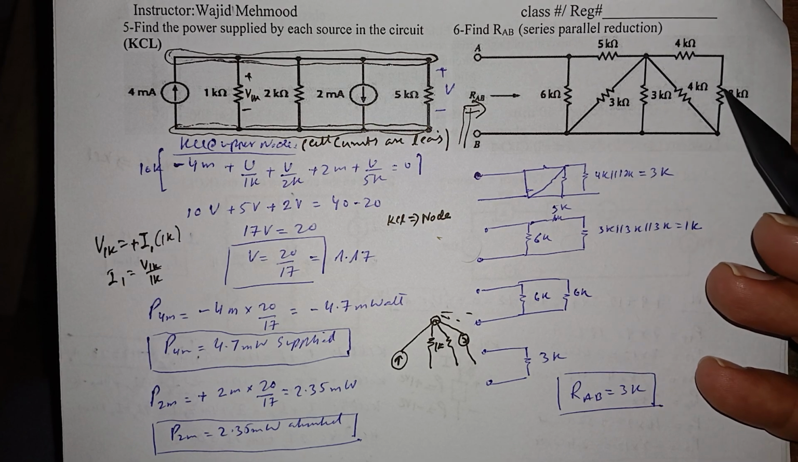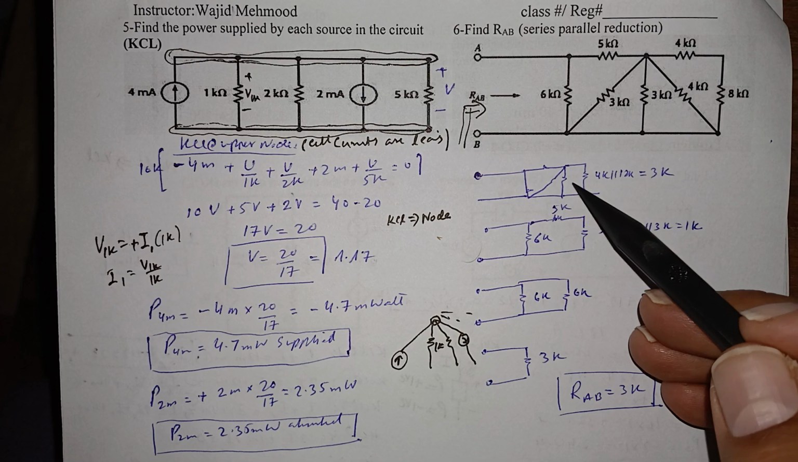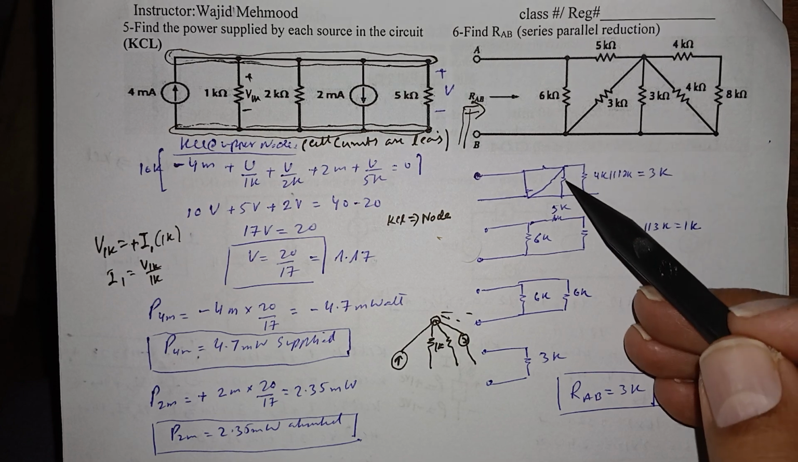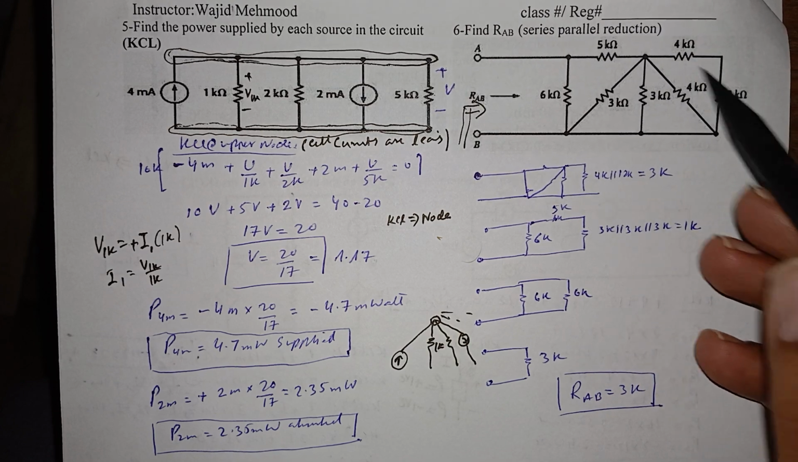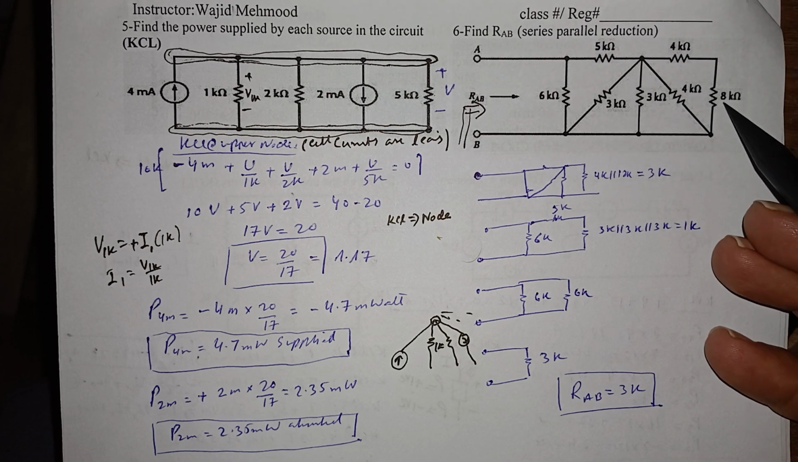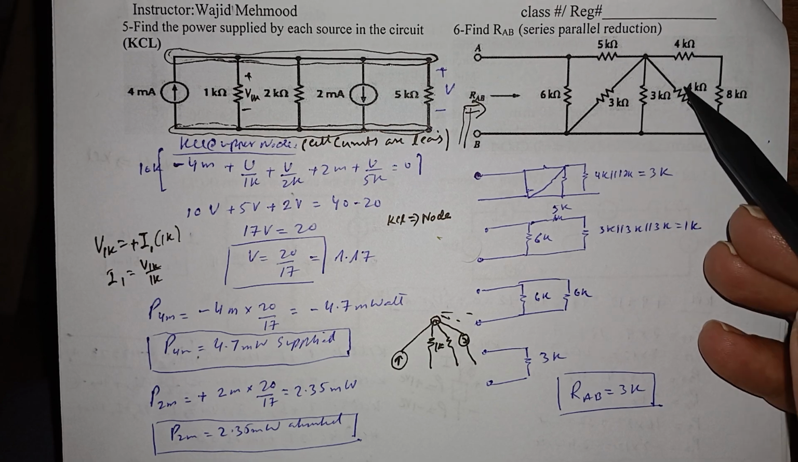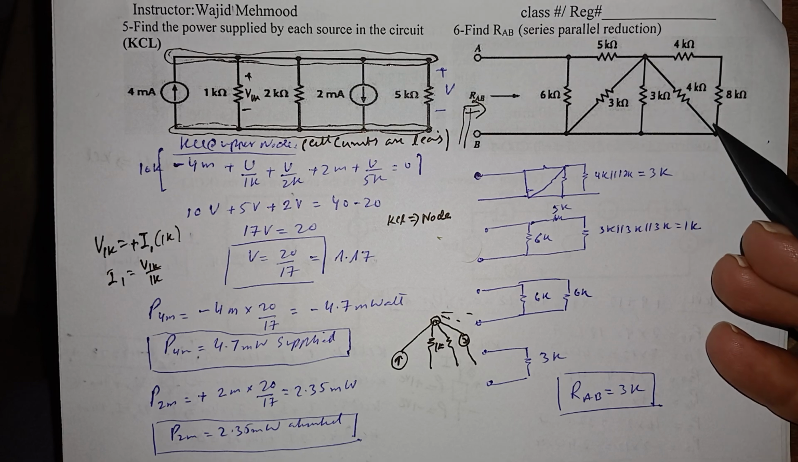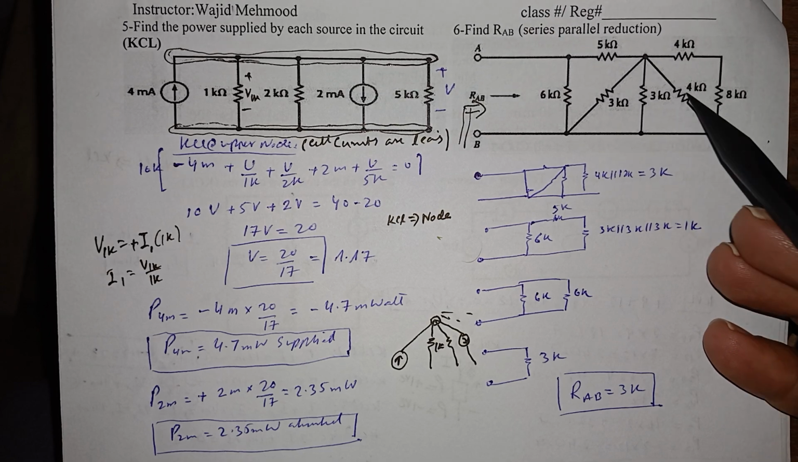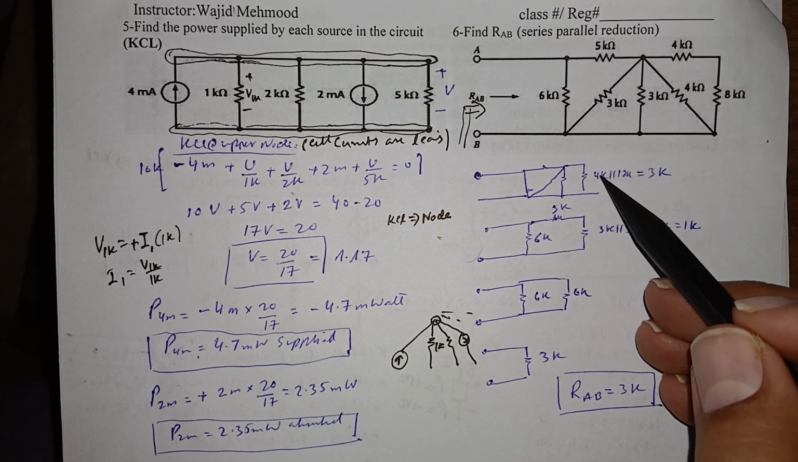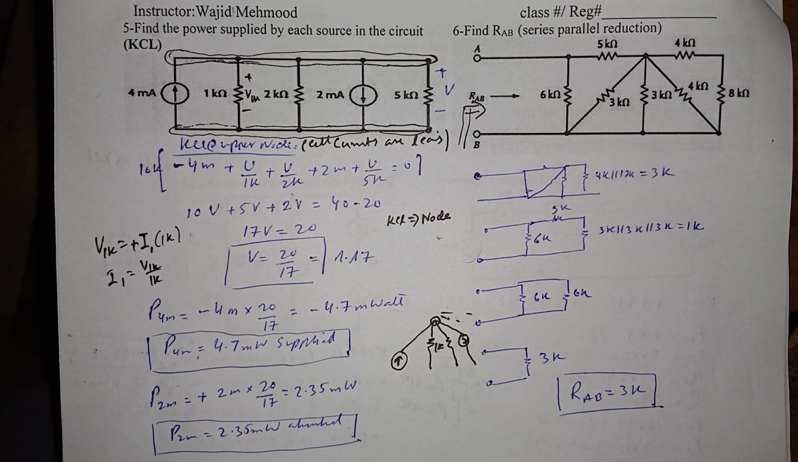8 plus 4 is 12, and 12 is in parallel with 4. So this 3K is in the straight one, and this is done in one step. 8K plus 4K is 12K, and this 12K, which is reduced, is between the same node pair, and 4K is also, so you can directly write 4K parallel with 12K. And this is easier,